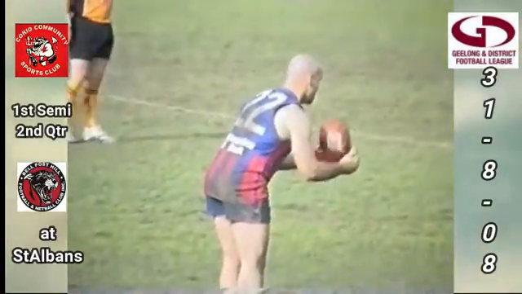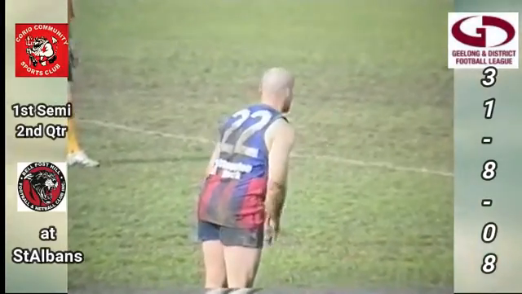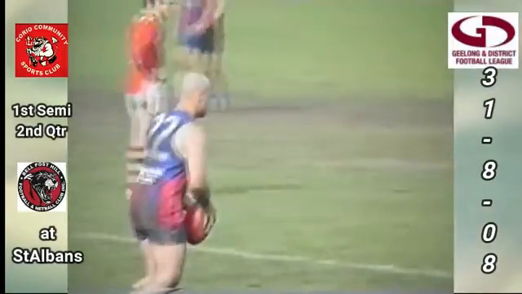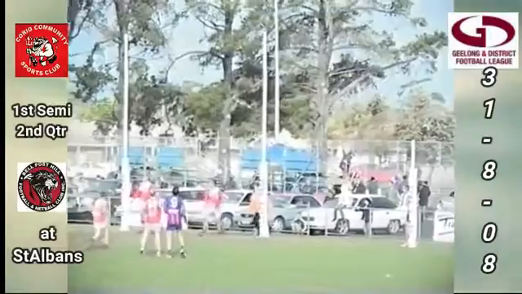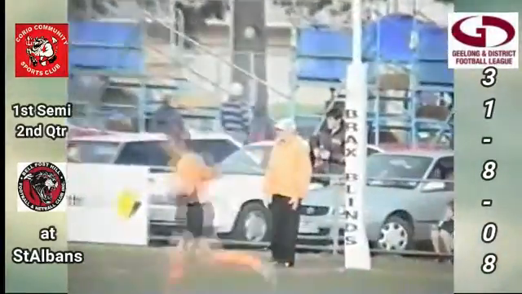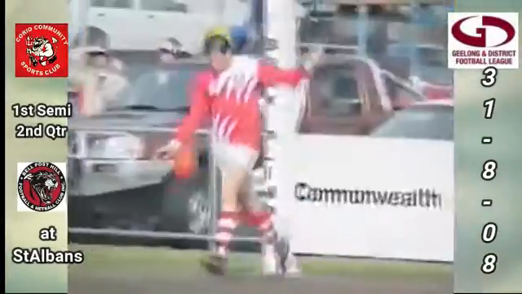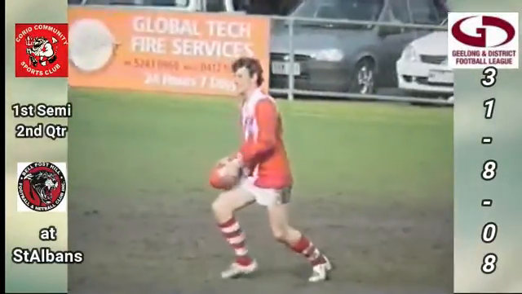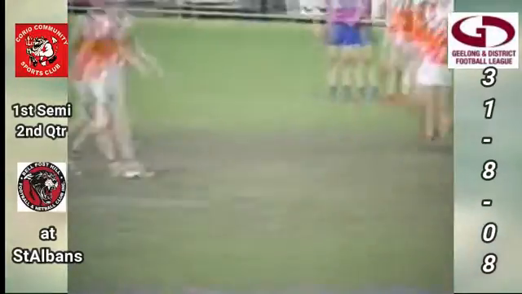But Nathan Lewis, 27.5 minutes gone in the quarter. Will have to kick from 53. Moves in. Went a bit close to the man that marks. A magnificent kick for length. And, well, it's over the top of the players for a behind. So it is 4 goals, 12, 36, Bellpost Hill. 3-3-21, Corio, second quarter scoreboard. 28 minutes gone. So Potter with the ball inside 50, now kicks towards centre wing and Clifford.